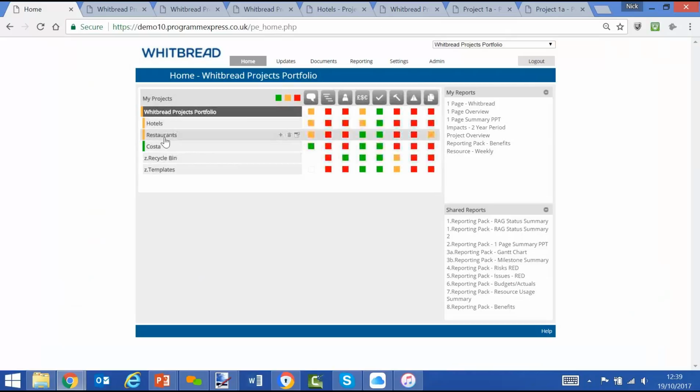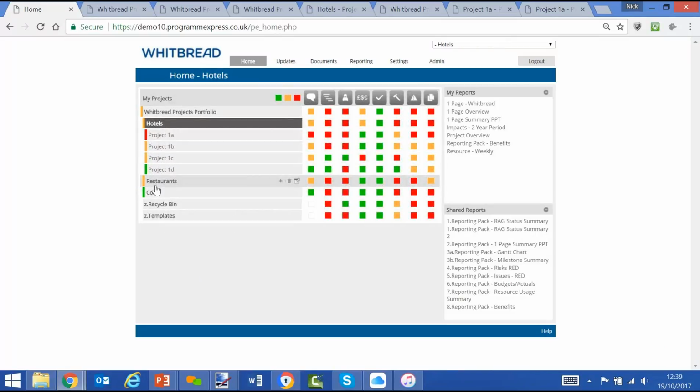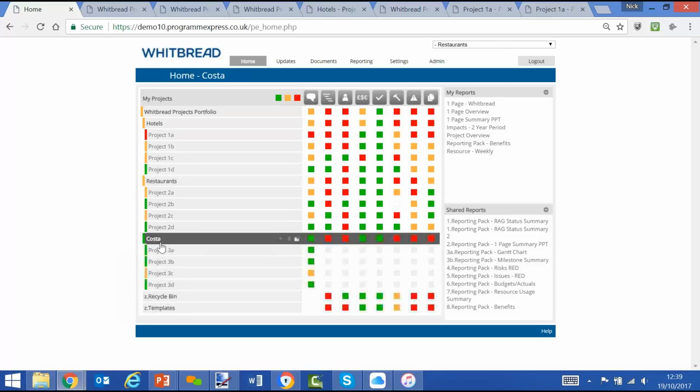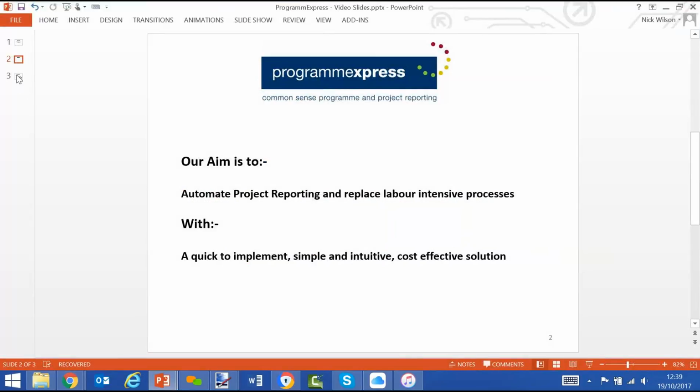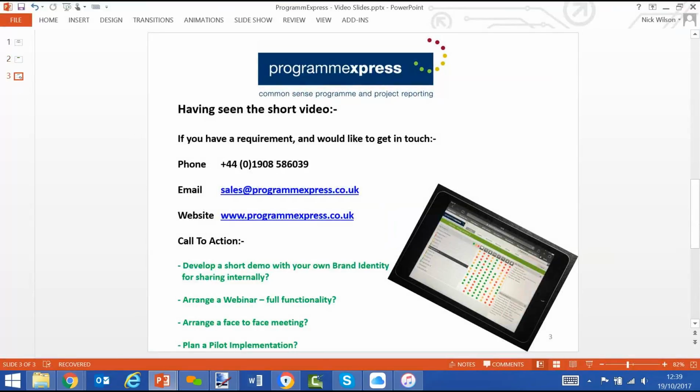So that just gives you a very quick view of ProgrammExpress. Very easy to set up, configure and implement. And if, having viewed that short video, you think there may be a potential requirement to automate all the PowerPoints that are being developed manually